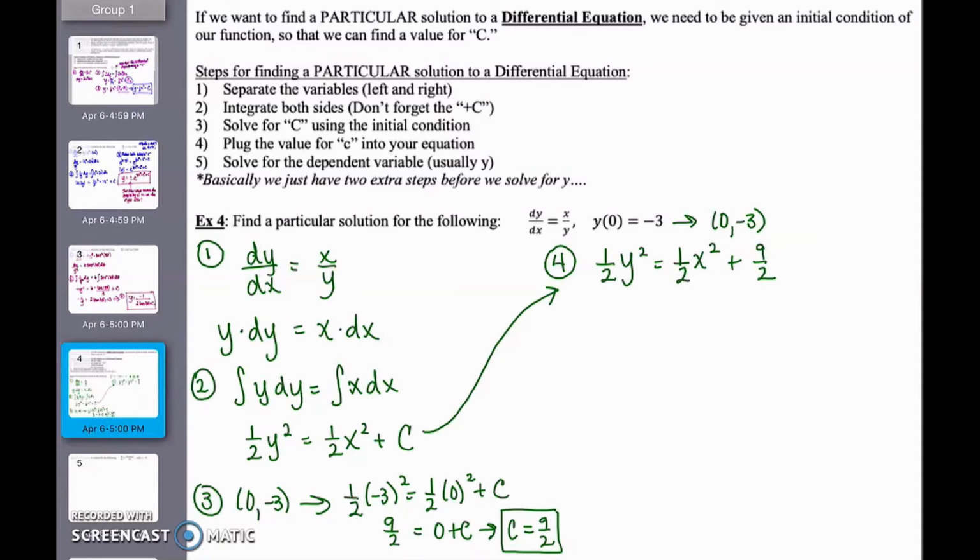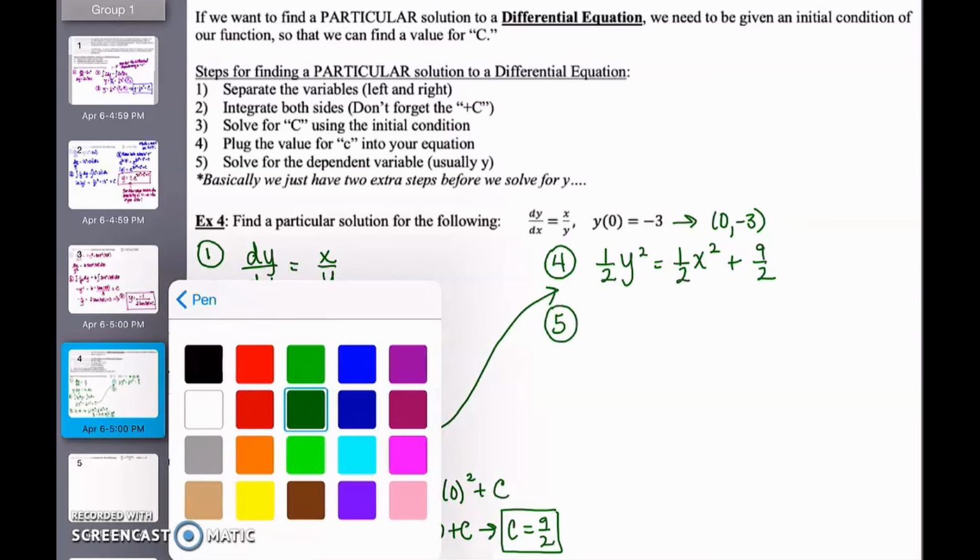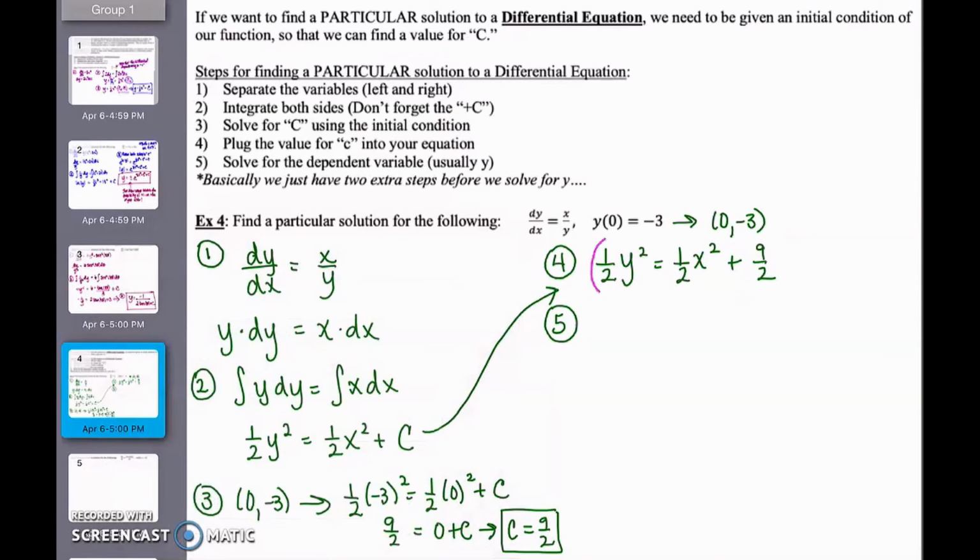And then step 5 is going to be to isolate y, or isolate our dependent variable, in this case y. So the first thing that I'm going to do, just to make my life a little bit easier, is I see that everything is 1/2, 1/2, 1/2. So I'm going to multiply this whole equation by 2, right? So then I'm going to end up with y squared is equal to x squared plus 9. Just a little trick to make my life easier. And then if I want to undo something that is squared, I have to square root both sides of the equal sign. So I'm going to get the square root of y squared equals the square root of x squared plus 9. So then I know y is going to be equal to plus or minus the square root of